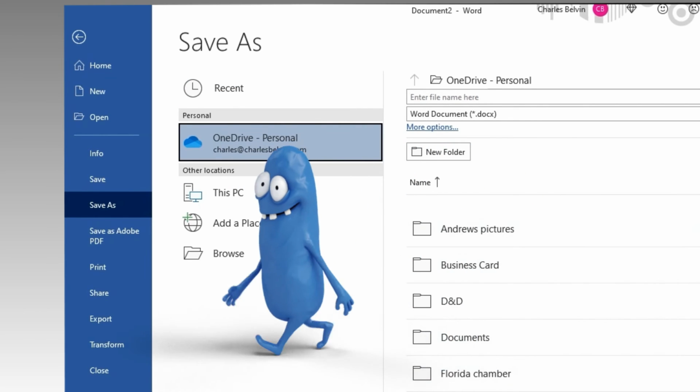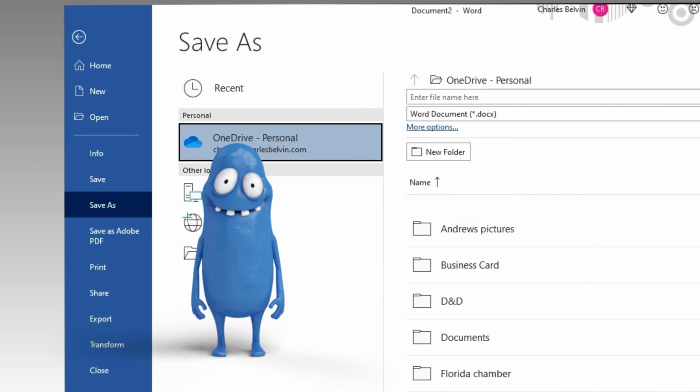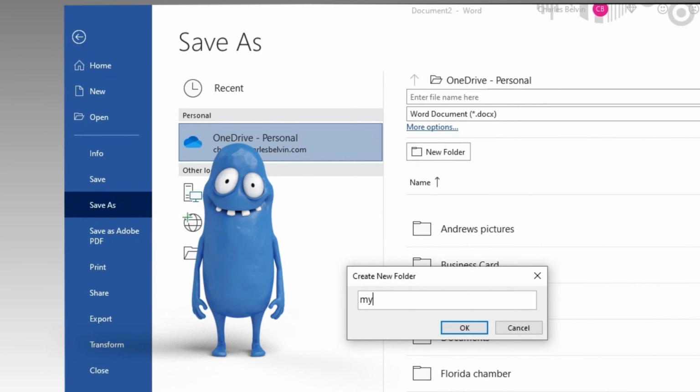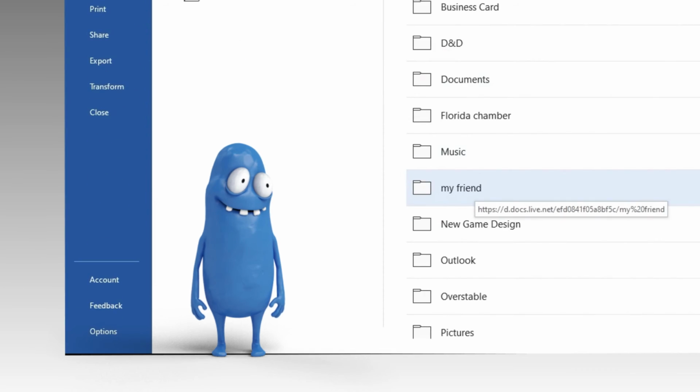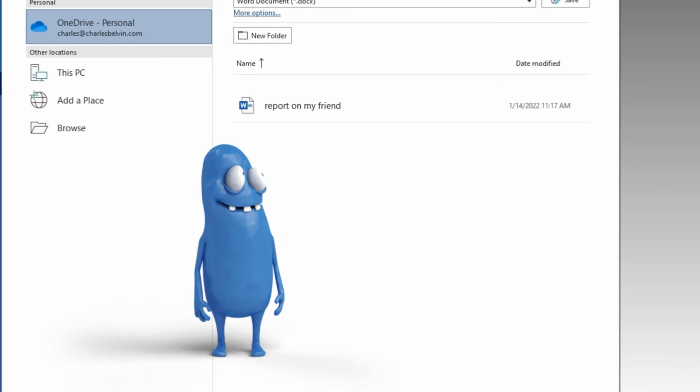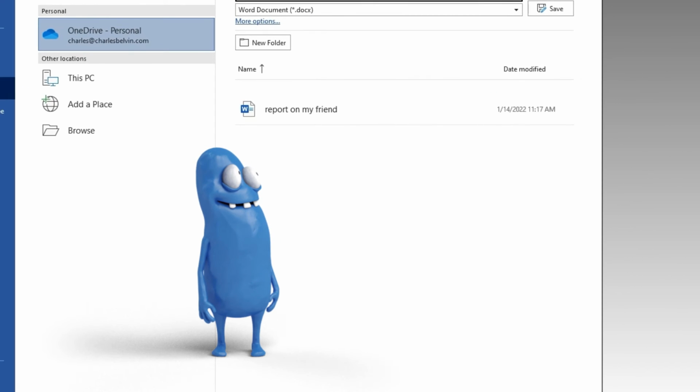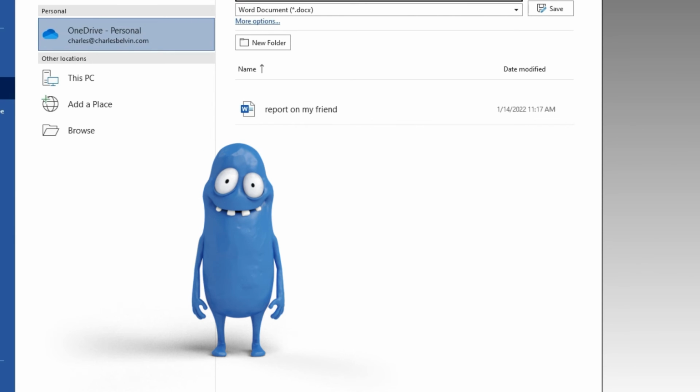I want my document to have its own folder, so I'm going to click on New Folder and name it. Ah, there it is. Okay. So now I click on the folder and give my document its own unique name. Click Save,